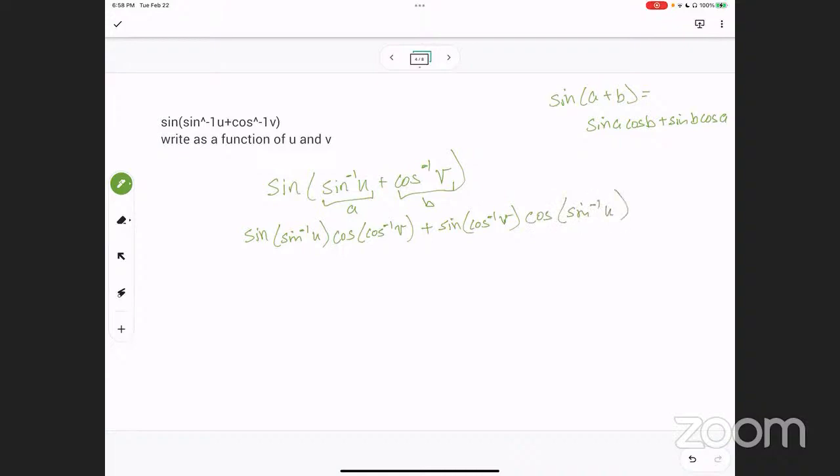So these things right here are going to cancel each other out essentially. And same with these. You understand why? So this is just u times v plus